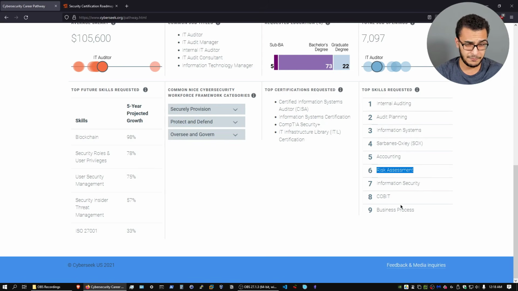You need to have an idea of risk assessment, information security, business processes, etc. You need to have skills associated with managing and maintaining the security posture of a company, right? And that, of course, is going to involve employees, the systems or assets, the actual business workflow, accounting, any compliance standards that the company needs to be in compliance with, etc.